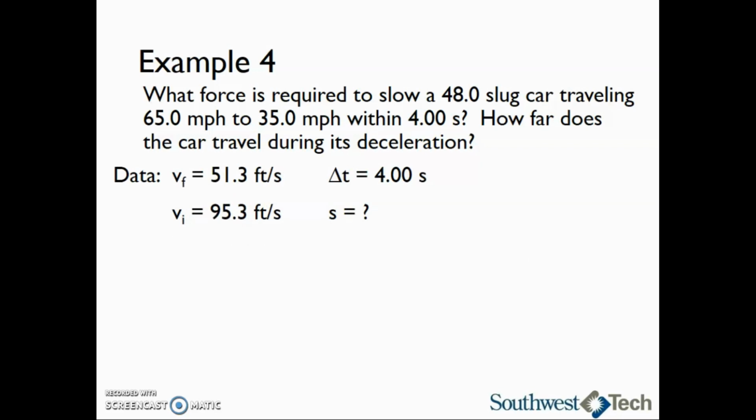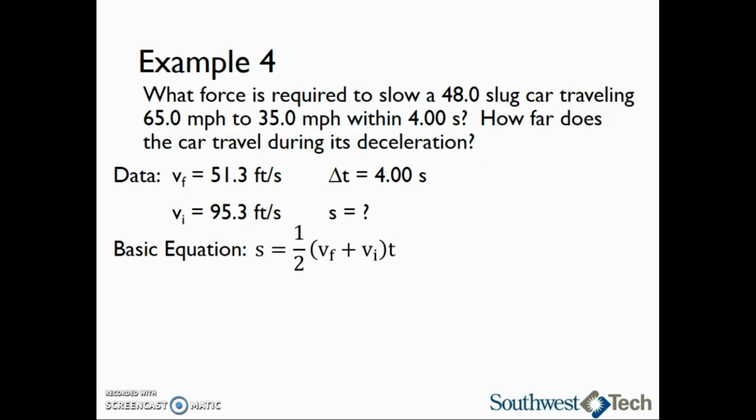The other thing we need to find in this problem is how far this car travels during its deceleration. This part of the problem is a good review of topics covered in the accelerated motion chapter, as we will be using an accelerated motion equation to solve this. Since we know initial and final velocity as well as the time, and we are trying to solve for the distance s, we will use the basic equation s equals 1/2 the sum of final velocity plus initial velocity multiplied by time. This is the same thing as thinking that we can take the average velocity multiplied by time to